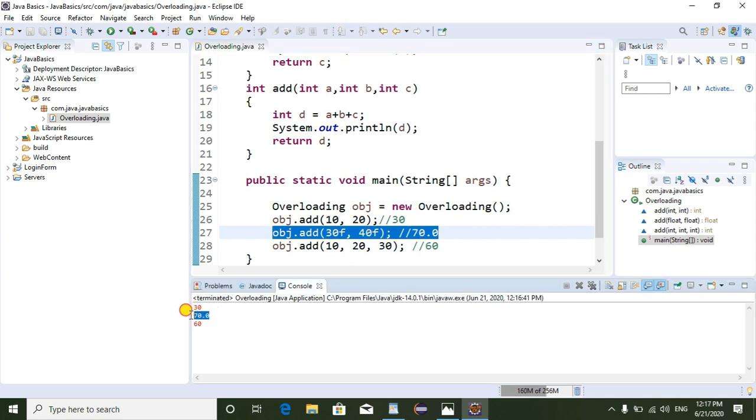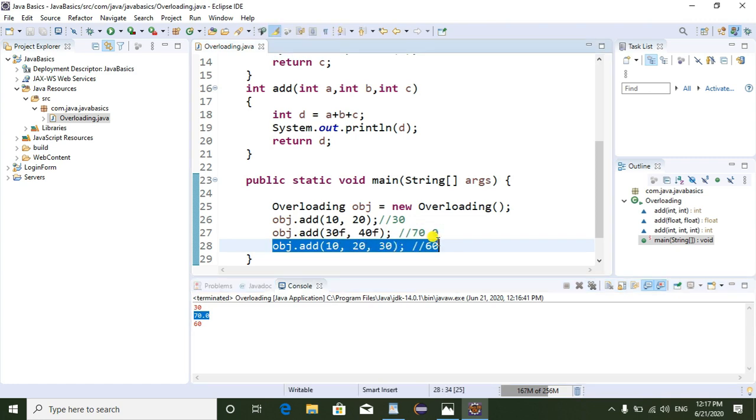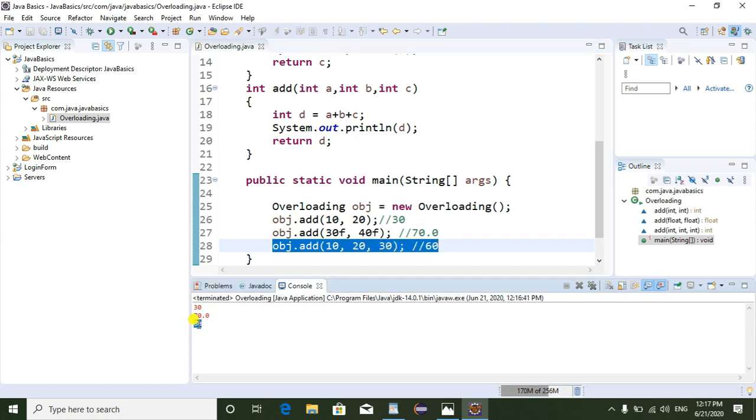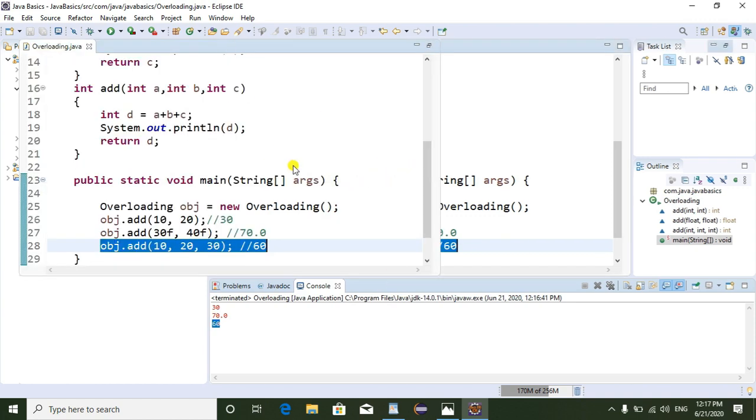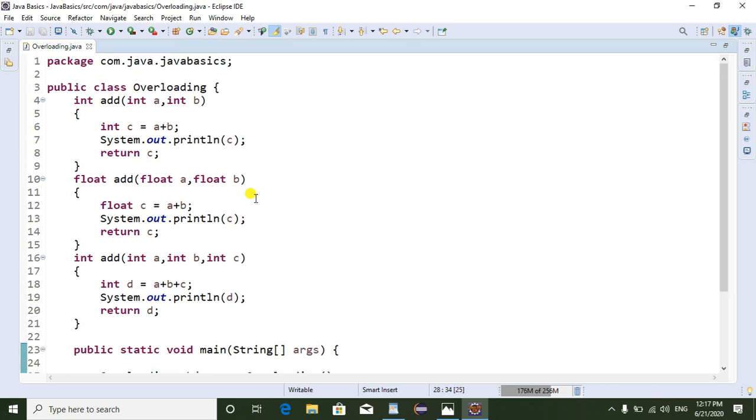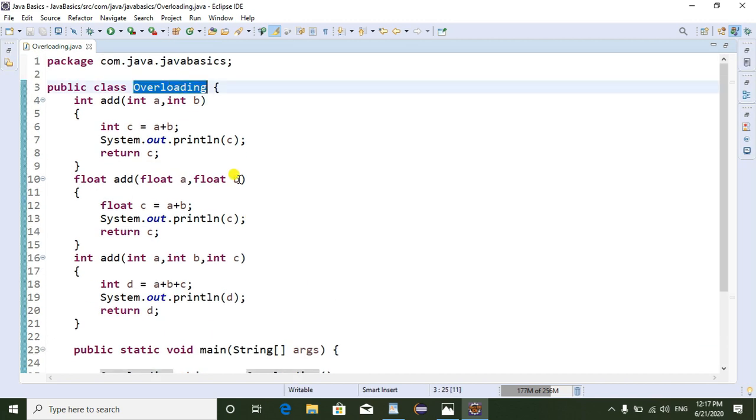Here we can see 70.0. So this is the float add method. Now I am passing the three integer numbers 10, 20, 30. So here we can see 60 as output. So here we are using method overloading. If you want to overload any method, we can overload the same method within the same class.